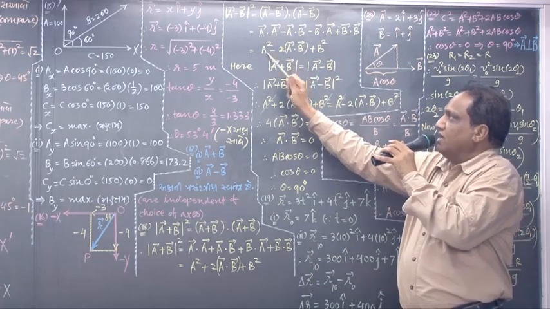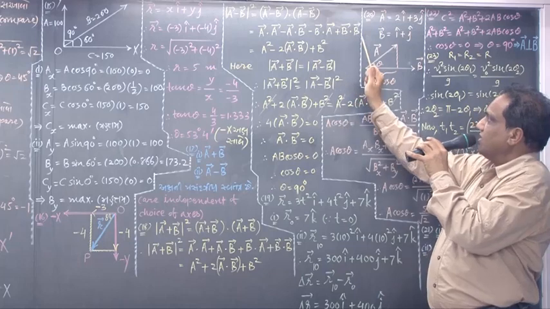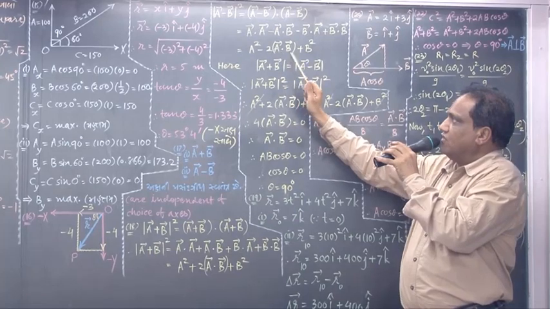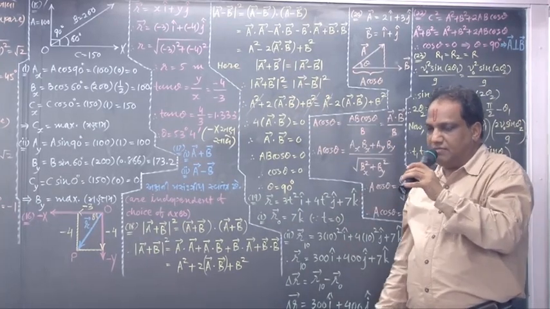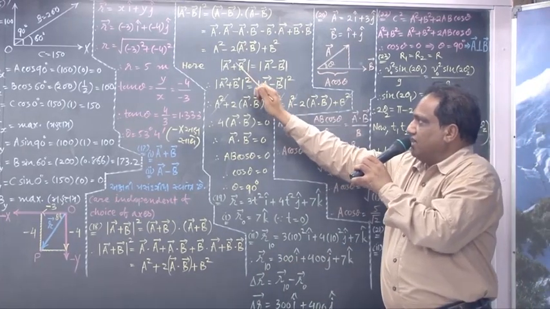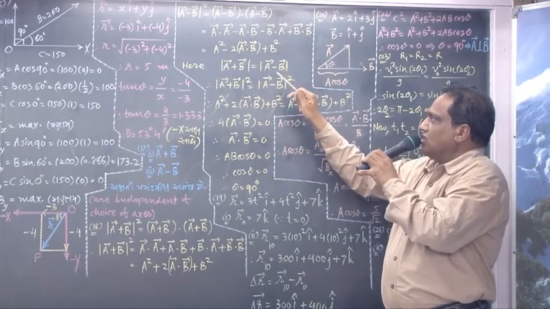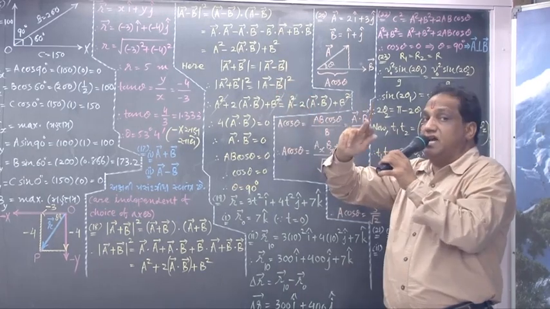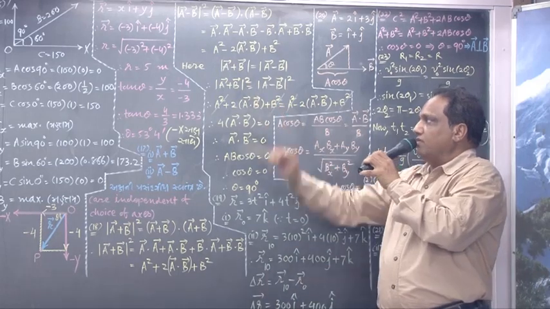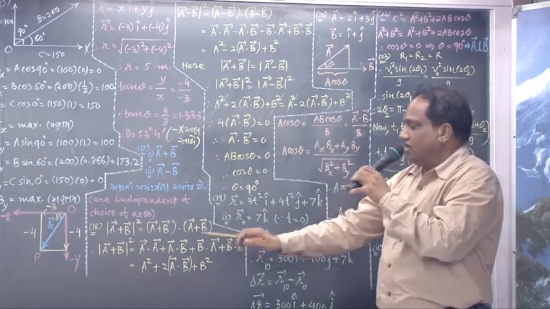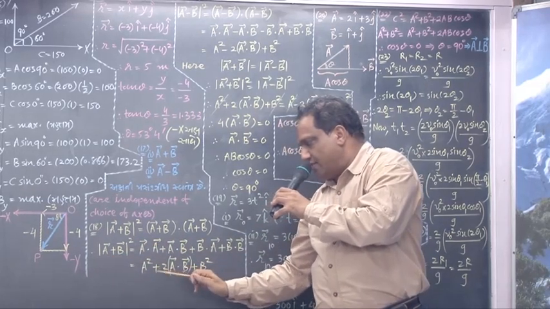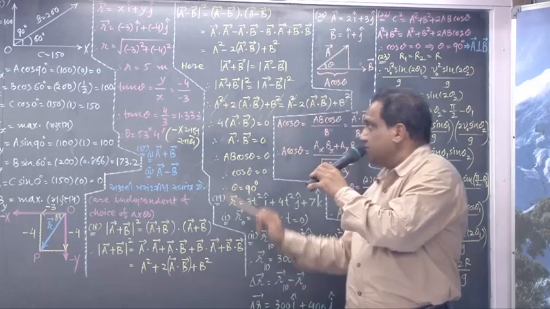What is vector A dot vector A? What is vector B dot vector B? And this term is repeated 2 times, so it is minus 2 times vector A dot vector B. What are you given in the statement? Modulus of vector A plus vector B and modulus of vector A minus vector B are equal. Take square on both the sides. Square of this you already found out: A square plus 2 into vector A dot vector B plus B square.